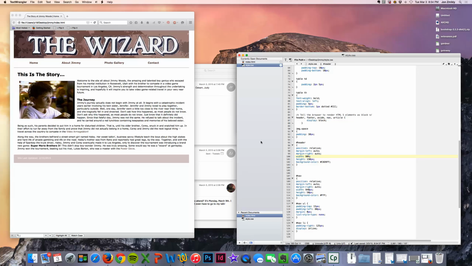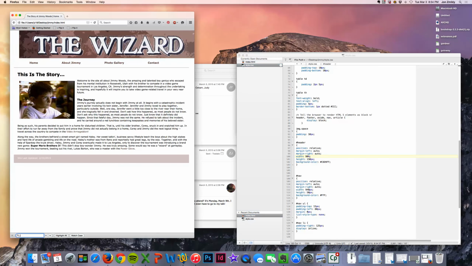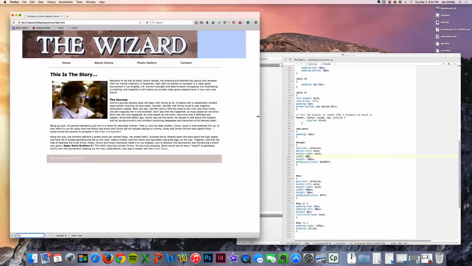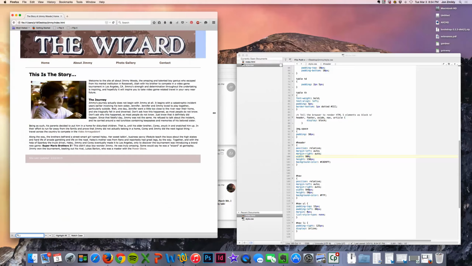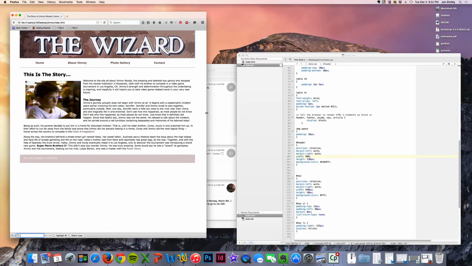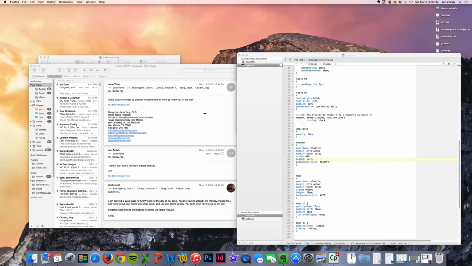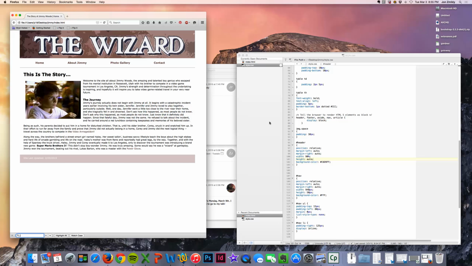And what that's going to do, when I refresh here, is make that div 90% of the browser, and it's actually happening. You can see that blue bar is the header, and it's working, except right now the logo isn't quite working with it, which we will fix in a second. The other thing I'm going to do is make the height auto, and what that's going to do is make whatever's in that div snap and constrain to the size of the div, and it'll make sure that the next div comes up right below it instead of 150 pixels below it. So in order to make that logo work, I'm going to make sure that the width is 90%